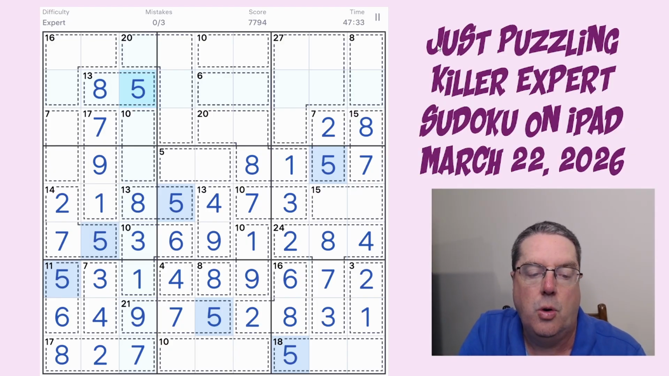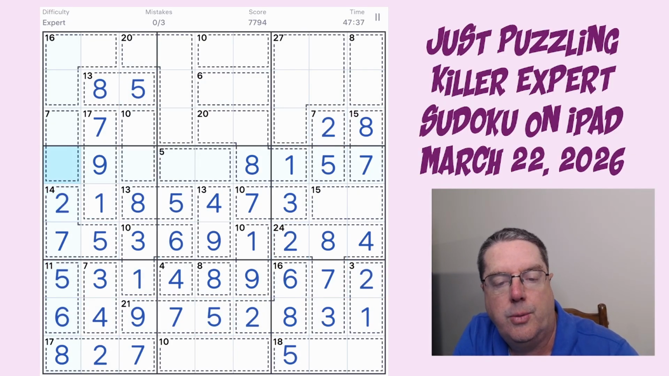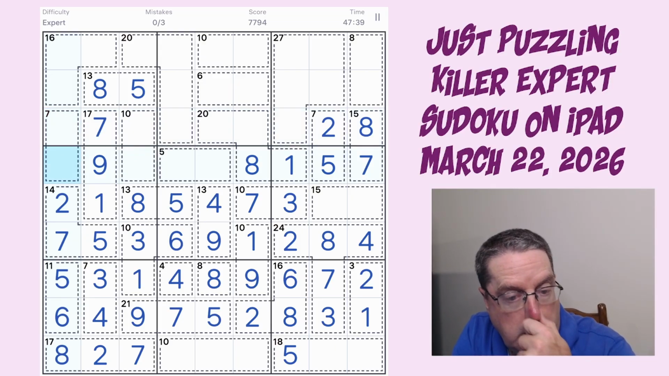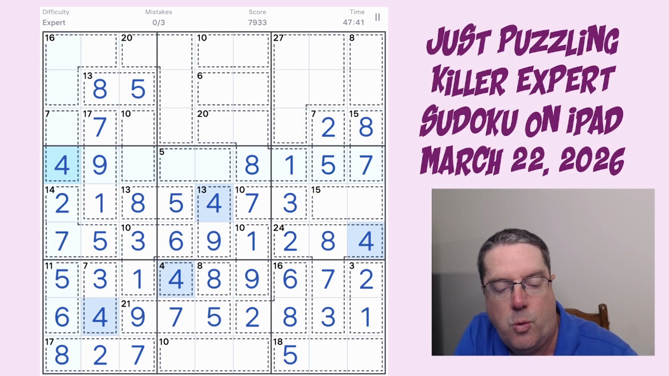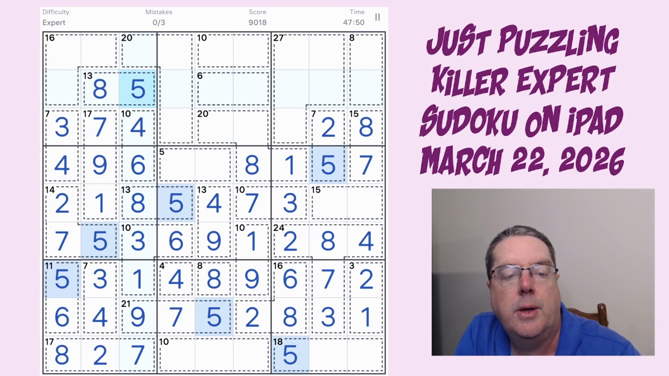Bugger me, this doesn't annoy me. So 2 and 5's out, 6 and 1's out, so this is 3 and 4. 3 can't be here, so this is a 4, leaving this to be a 3. This finishes off this box with a 6, leaving this to be a 4. So 14, 27,